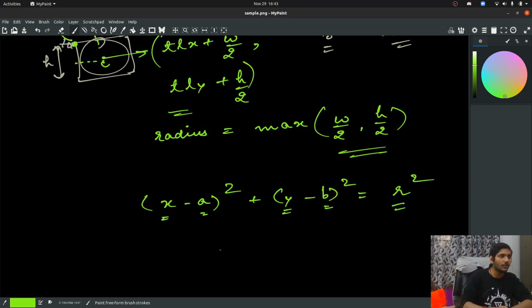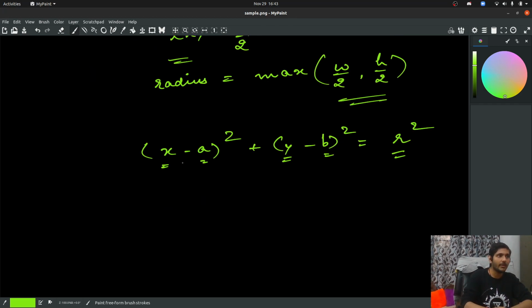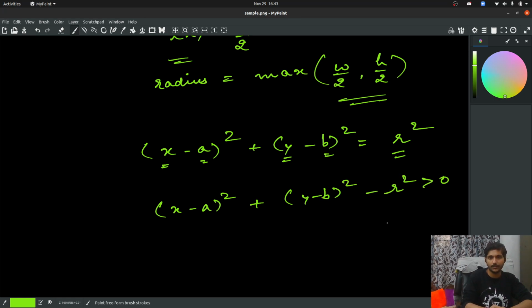So how do you find out which pixel value is inside this circle and which pixel value is outside this circle? It's very easy, guys. All you have to do is take any point, and if x minus a whole square plus y minus b whole square minus r square is greater than 0, that means the distance between that point x comma y and the center a comma b is greater than the radius, so it is outside.